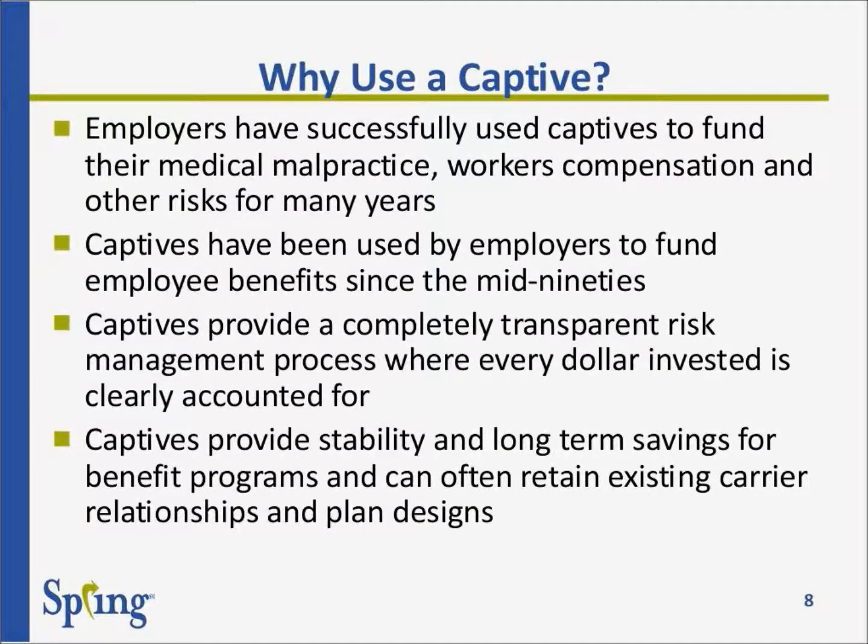So why consider in this structure using a captive insurance program? Employers have successfully used captives on the property and casualty side for many years. They cover things like medical malpractice, workers' compensation, and other general insurance risks. And organizations have used this structure going back to the early 30s, and 60 to 70% of the Fortune 500